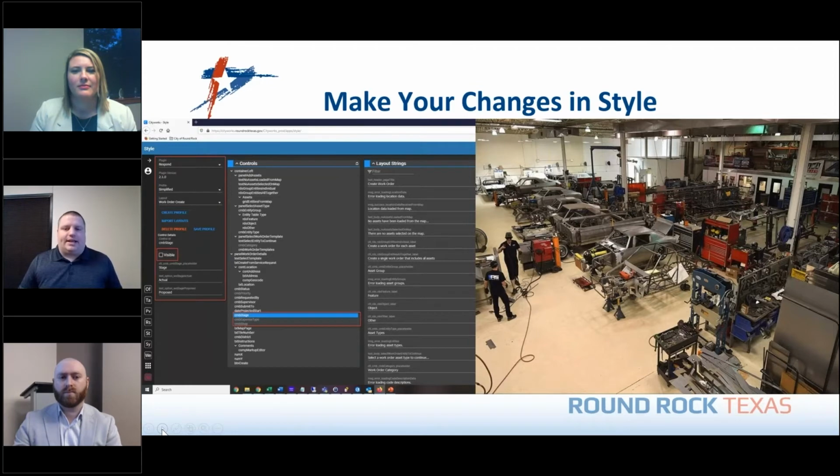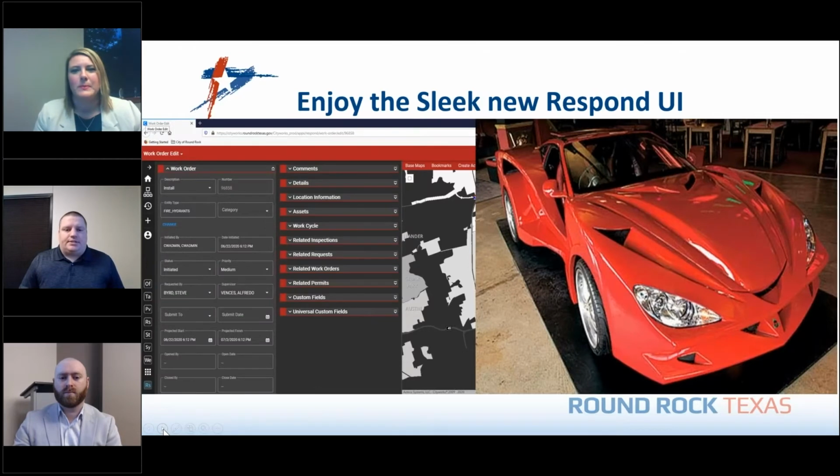And Style is kind of like a restoration chop shop, if you will, for the user interface. You'll see that I've got some boxes highlighted in red over there on the left. That's where you tell it what profile to look at and what fields you want visible, and the demo will get into that. Once you make your changes in Style, then you get to enjoy the sleek new Respond user interface, which